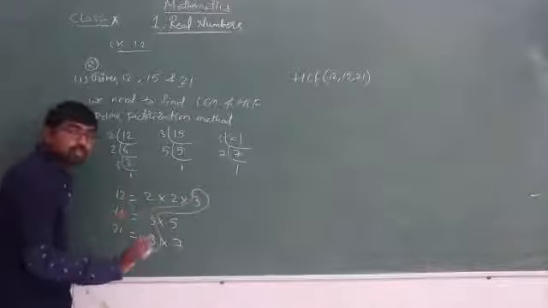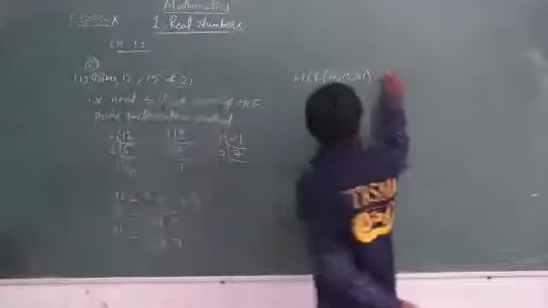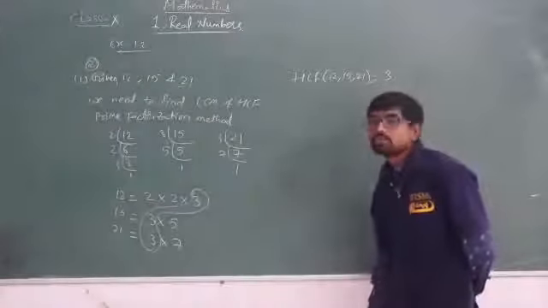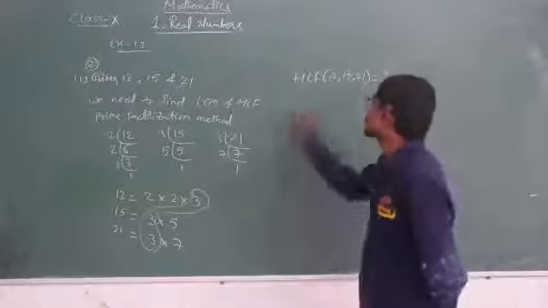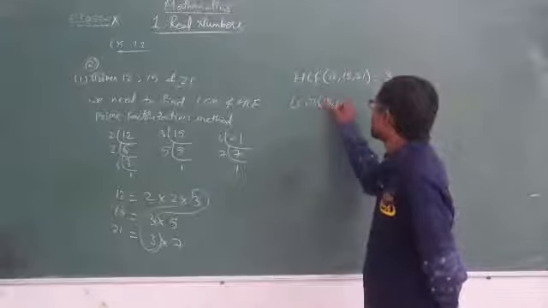So here we will take only 3 as common. So HCF is directly 3. So the common factor of 12, 15, 21 is 3, the highest common factor. Now coming to LCM, least common multiple of 12,